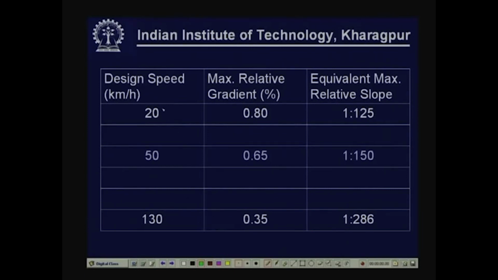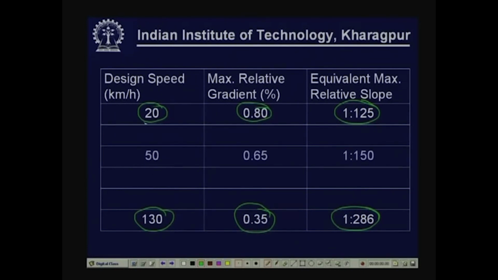Ranging from design speed 20 to 130. Accordingly, maximum relative gradients are 0.8 for 20 km per hour design speed and 0.35 for 130 km per hour design speed. Now, the corresponding equivalent maximum relative slopes are 1 is to 125 and 1 is to 286. That means, for higher speed and lower speed, the maximum relative gradient and the equivalent maximum relative slope values are